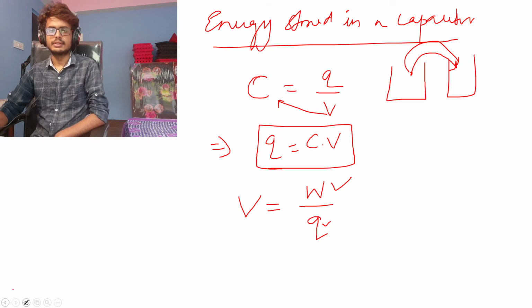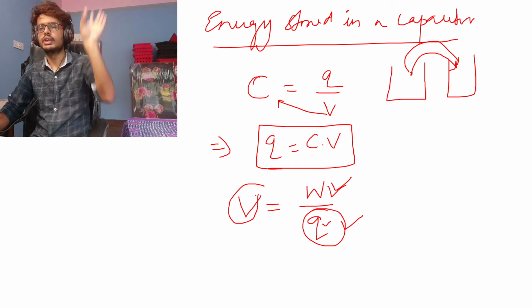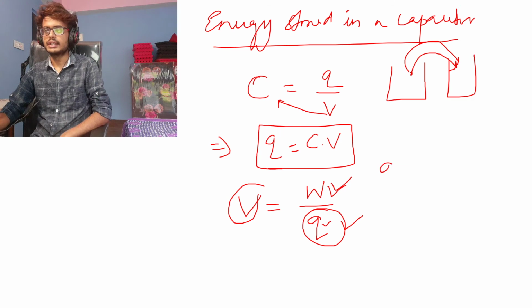Now let us integrate this value. We don't know the actual value of Q. We don't have a constant value for Q or for W. The only constant value is the voltage. We are just provided a constant voltage, let's say. So W will be equal to V into Q.